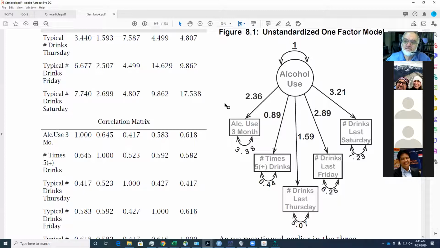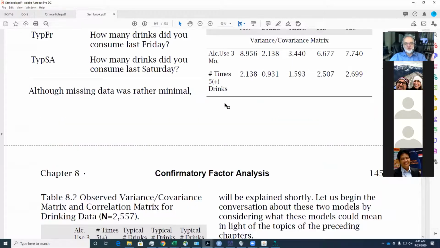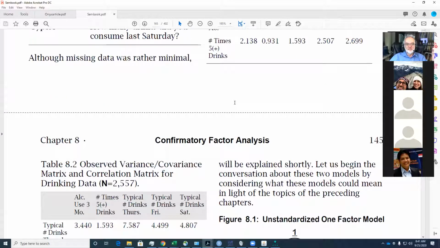So can you also repeat one more time what that formula gives us? I just lost my attention. If you can repeat the reason why we used that formula. What does this formula tell us? The number of variables plus 1 times... It helps us count the number of unique elements of the variance covariance matrix. In this case, it's 5 plus 4 plus 3 plus 2 plus 1, if I'm counting